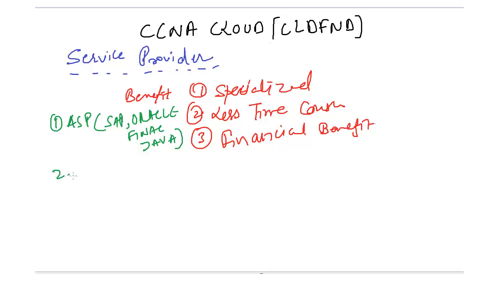Second is DCSP, data center service provider. So this company will have an environment, and they'll have servers, network, and storage already present in their environment. They will simply ask you to host your application. Okay, and that is basically a data center. We have already discussed what is data center. Okay, it's a big environment.